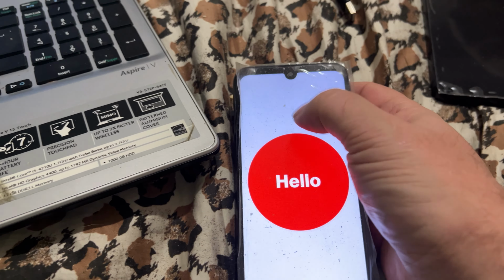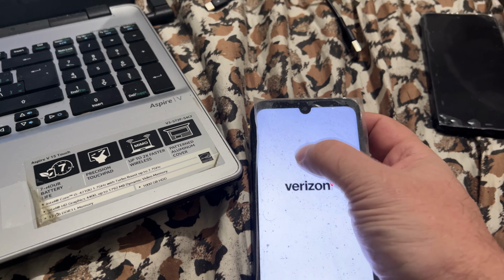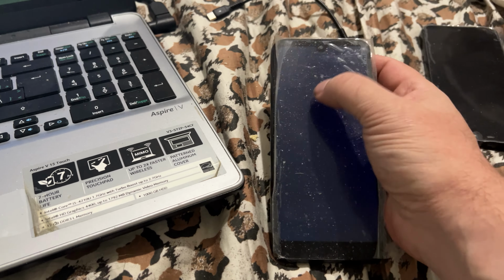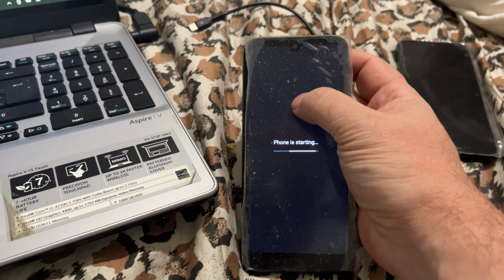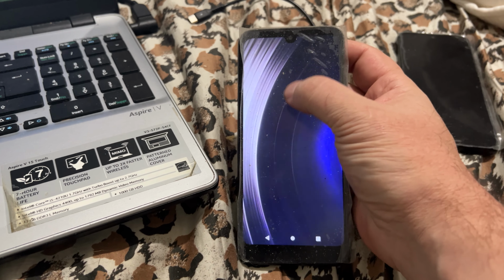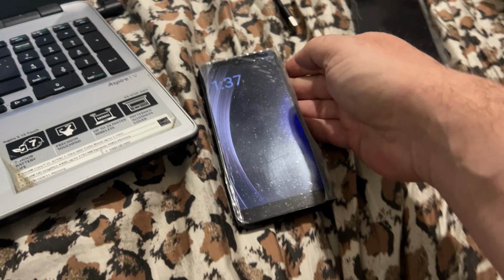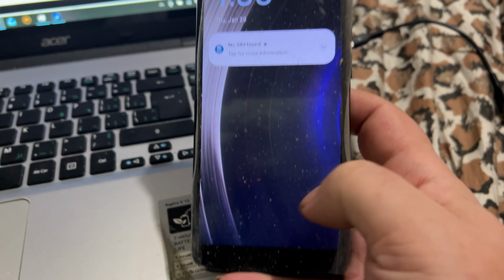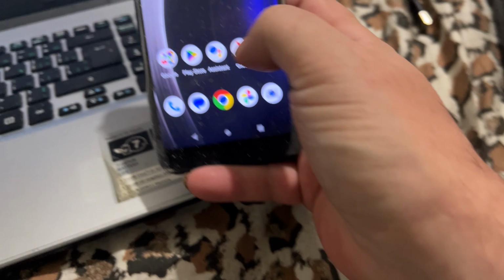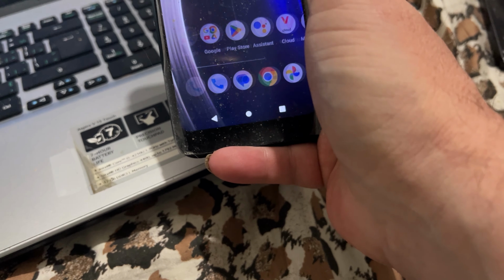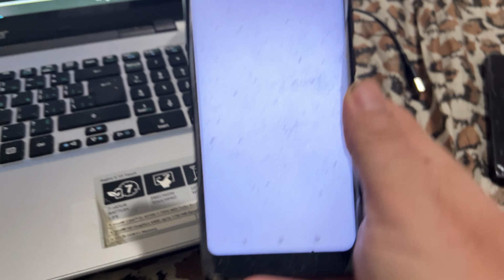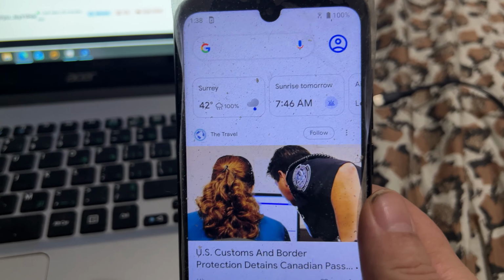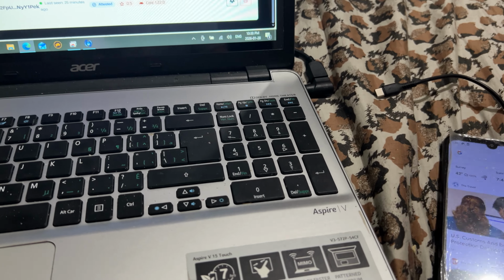Let's see if I can do this for you in real time. So what you have to do is factory reset your phone. I didn't factory reset mine, but anyways, you have to factory reset your phone. You go back to